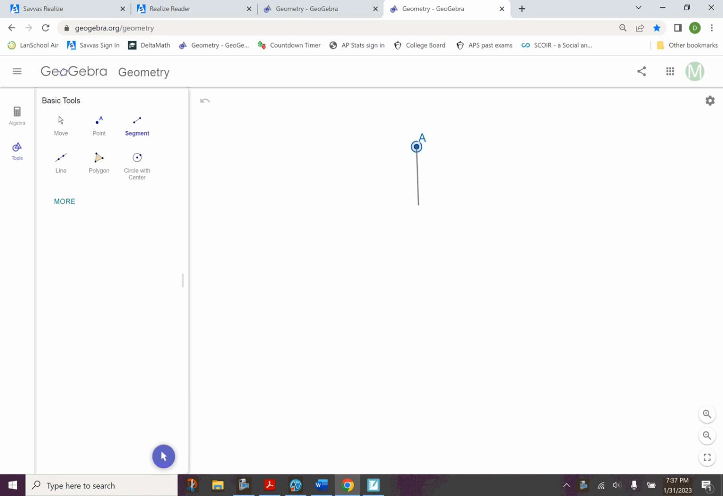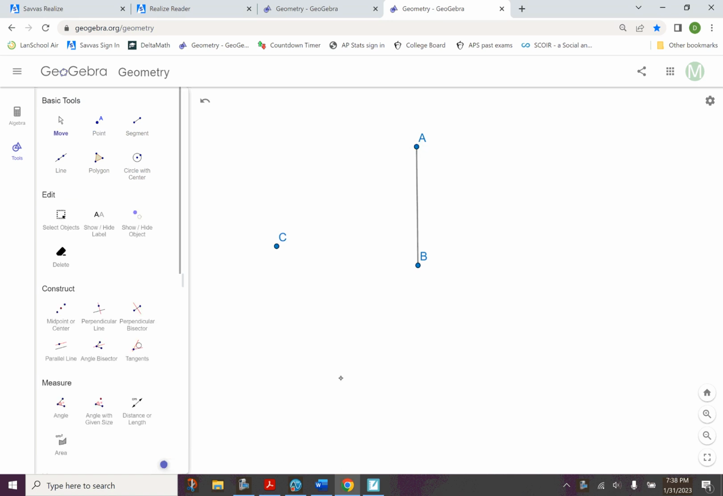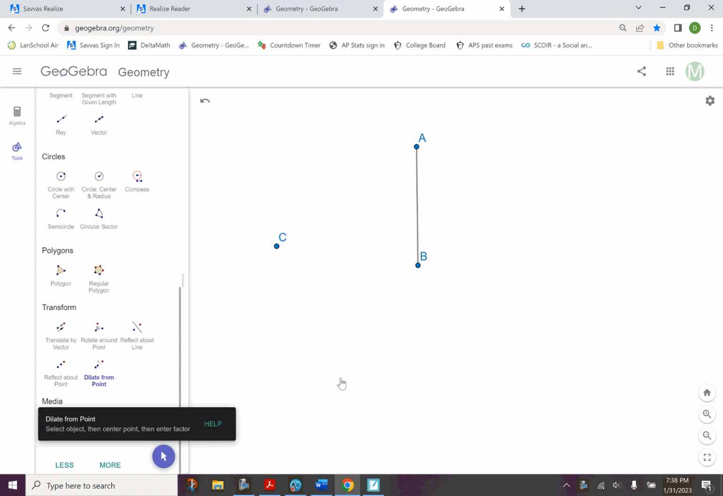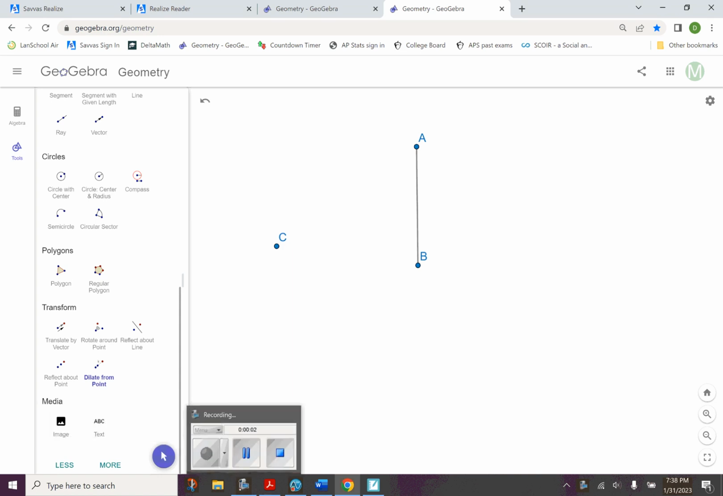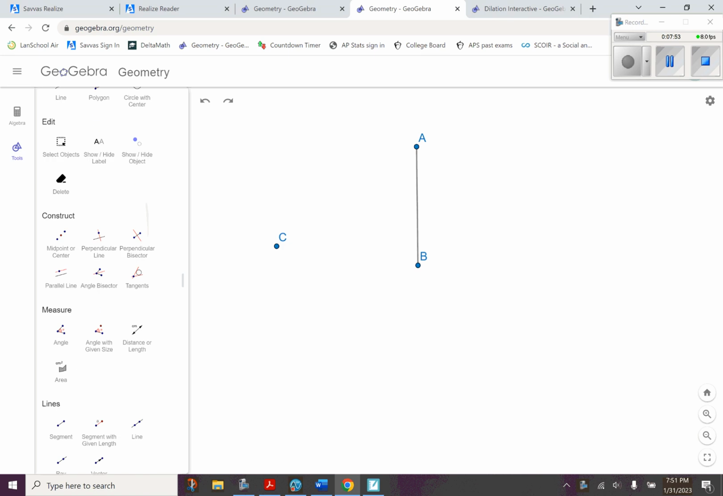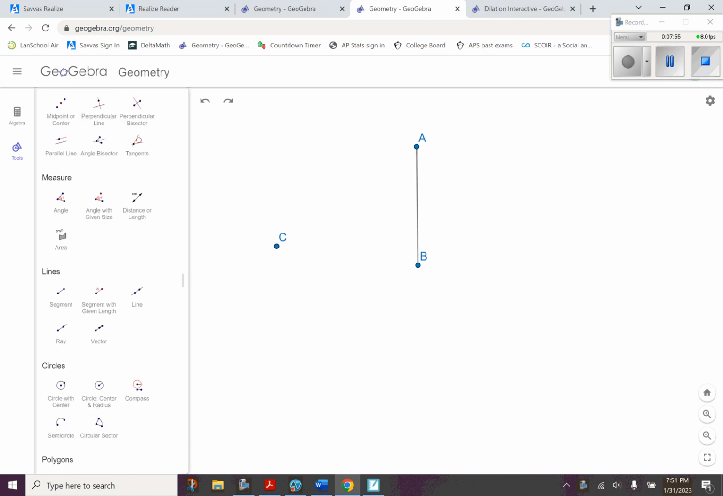Let's just do a dilation of a segment. And I'm going to use, admittedly, not all that creatively, C as the center of our dilation. I can get a dilation in a couple of different ways using our basic tools. But step one, no matter what you do here,